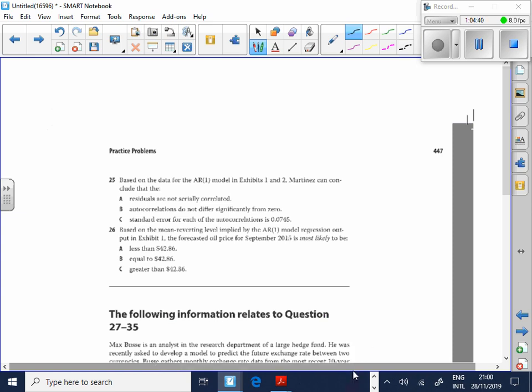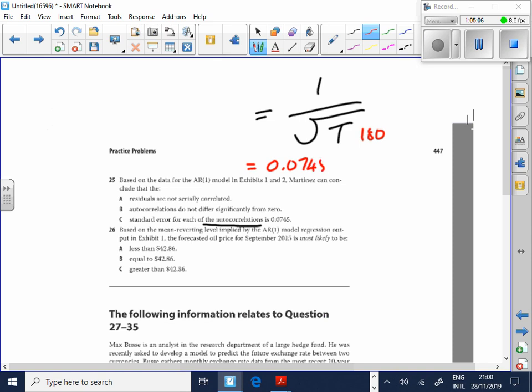The standard errors of the autocorrelations, remember what did we say, B? They stay the same, don't they? So let's run the numbers. It is equal to what? 1 over the root of t, am I right? What's t? 180, am I right? What do you get? 0.0745. A gentle one. Not too crazy a one, actually. So 25 will be C. That's how you calculate, obviously, guys, your standard error.